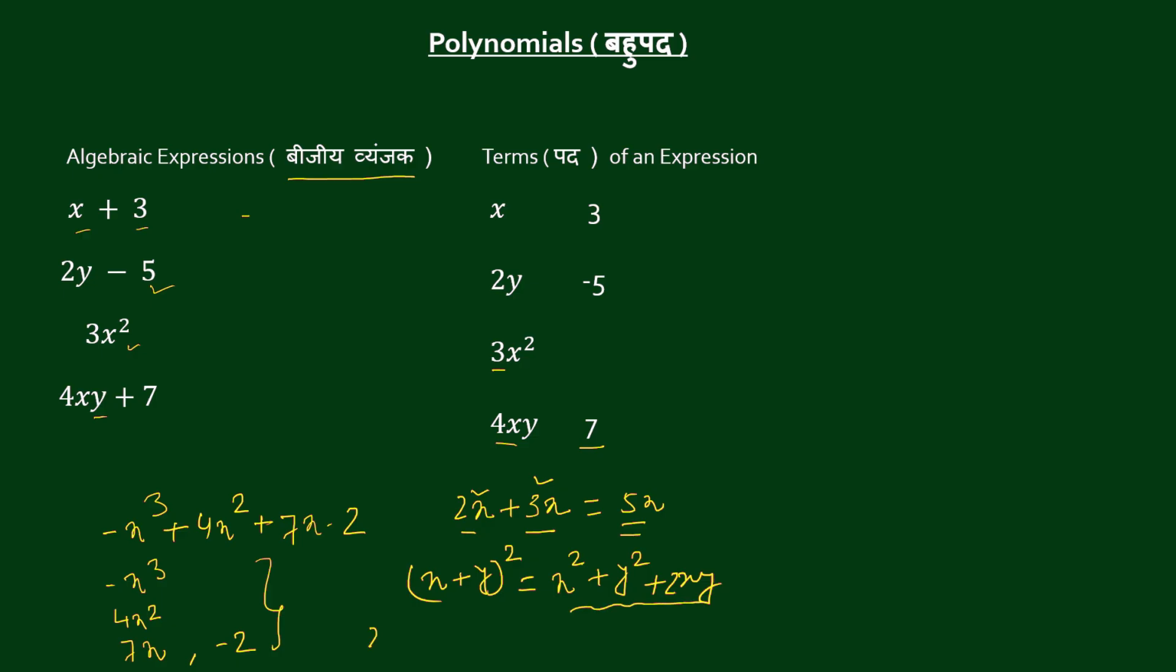Another example, say 2x in the bracket 4x plus 3. So if we solve this, if we open the bracket, we can write it as 8x square plus 6x. So in these cases, we see that the terms of the expression are exactly not as they look like in